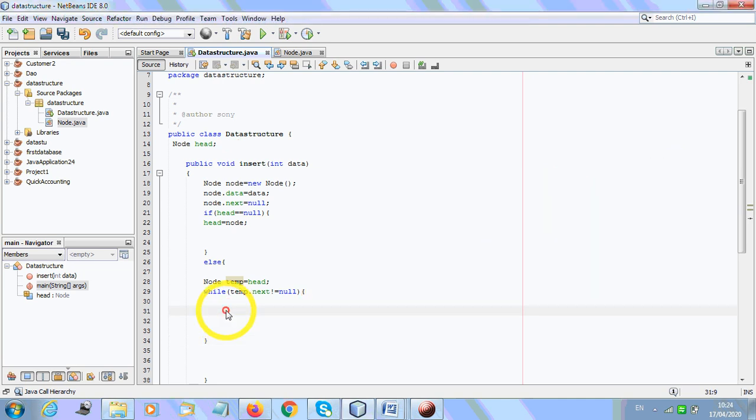Now what we'll have to do? We'll have to traverse: temp dot next not equal to null, and temp equal to what? Temp equal to temp dot next. Good. So temp equal to temp dot next. It is going to be executed till we get the last node where you want to insert. Okay. Now see,